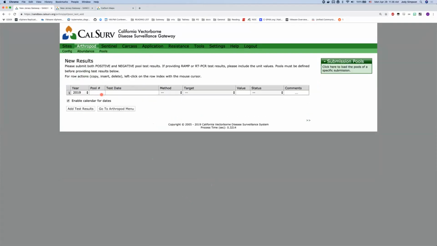So I'm not sure if, in New Jersey, your agencies are allowed to enter test results themselves. In California, we have a central testing lab located at UC Davis, but state agencies are also allowed to enter in their own test results. So they don't have a specific lab module like I described, but they can go to new test results and enter in